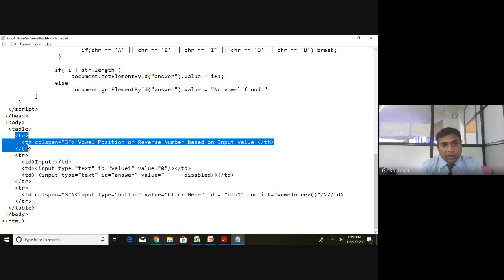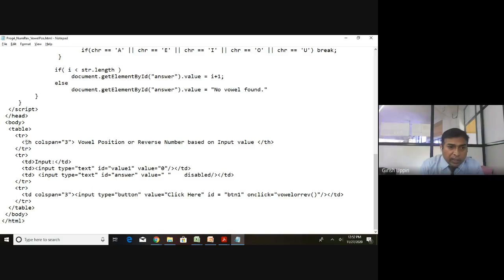In the first tr, I have just one text, whatever heading you want to give. You need not have the same heading; whatever you choose, you can have. But that particular heading is spanning 3 columns.